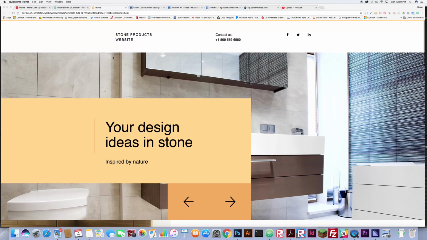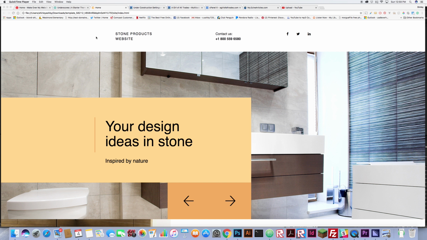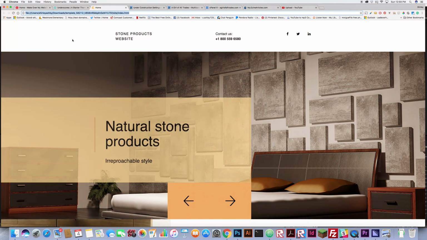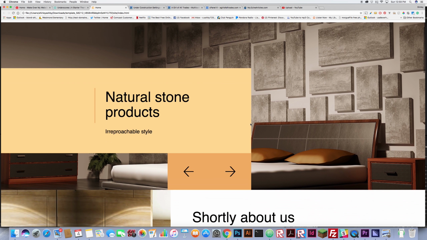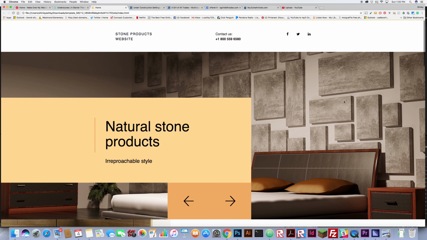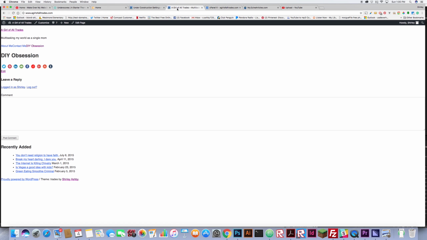This is just an HTML template, and so I just opened this in my browser. This is not live. It is just the index HTML that I'm going to give you an idea of how it's going to look. Okay, so if we go to girlofalltrades.com, this is where we want our header to be,